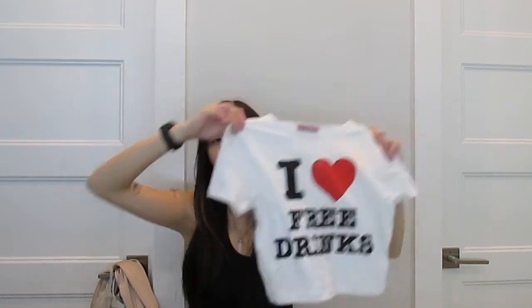He got me this I Heart Free Drinks shirt. It's the same style as the I Heart New York shirts or whatever, but it's tight. It's like a baby tee, and she's cropped, and I'm definitely wearing it to the bar the next time I go. He also got me